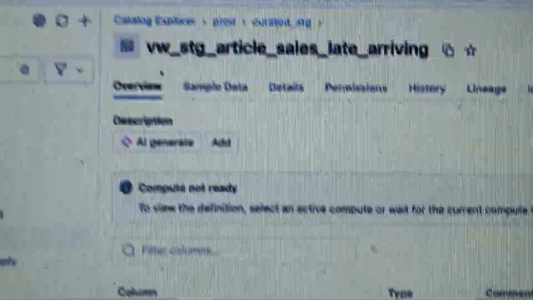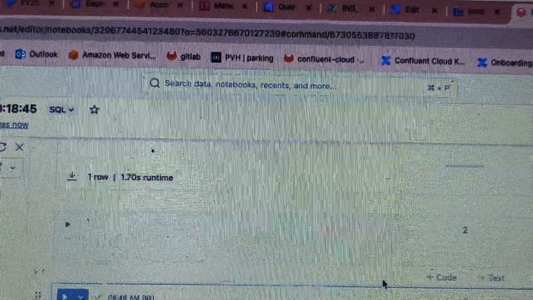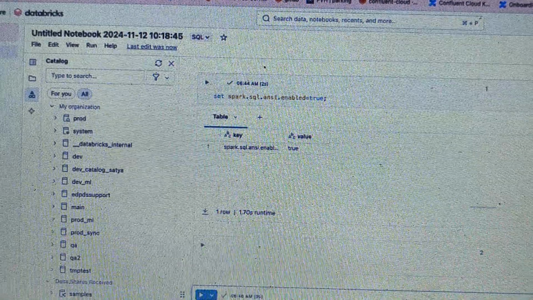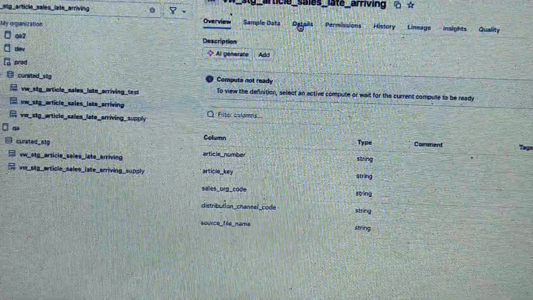This needs to be created when this parameter is on. So first I need to run this cell and recreate this view. To confirm, I can go to details and search for ANSI, and this configuration should be true. That means this view has been created using ANSI mode true.